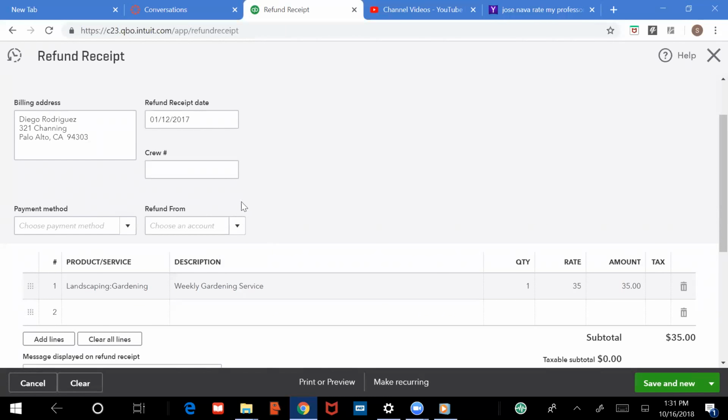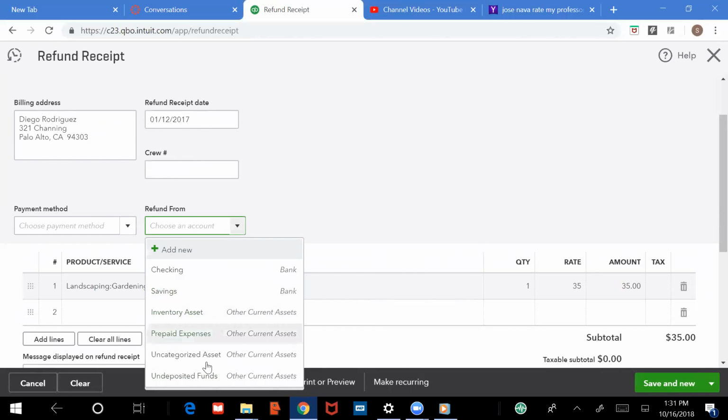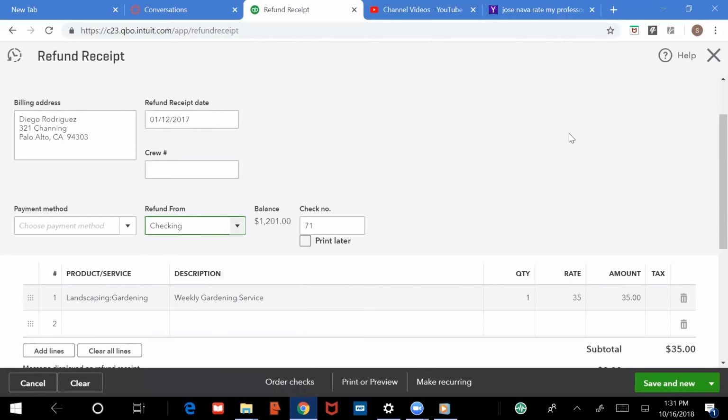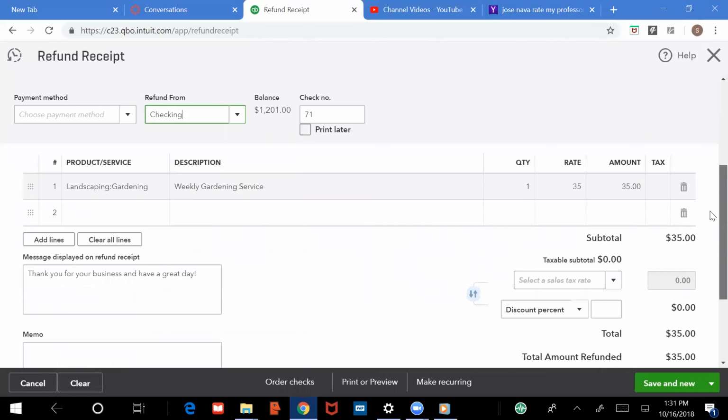Once you do this, make sure you choose the correct account on the sales receipt. We have to determine where the refund is going to come from. Obviously, it will be from the checking account in case you've already deposited the funds. If you have received the payment from the customer but have not deposited the funds yet, then the refund will come from undeposited funds. In our example here, we will select checking account as the account the refund is coming out of,